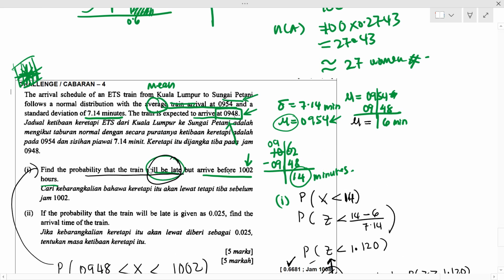The arrival schedule of the ETS train from KL to SP follows a normal distribution with the average train arrival at 9:54. That is definitely the mean, okay, and standard deviation 7.14 minutes. The train is expected to arrive at 9:48, but they tell it will be late. That means more than 9:48, but arrive before 10:02. So